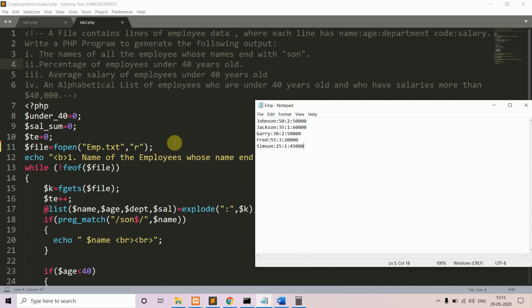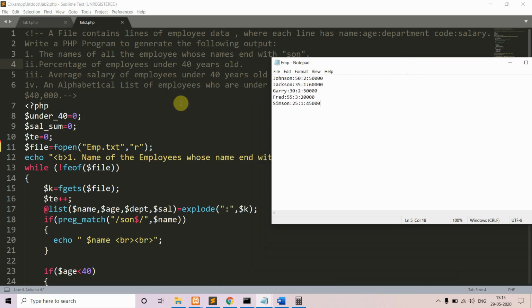Now we are going to read the file emp.txt, so we open it in read mode. Next, what is the first part of the question? Names of all the employees whose name ends with SON.